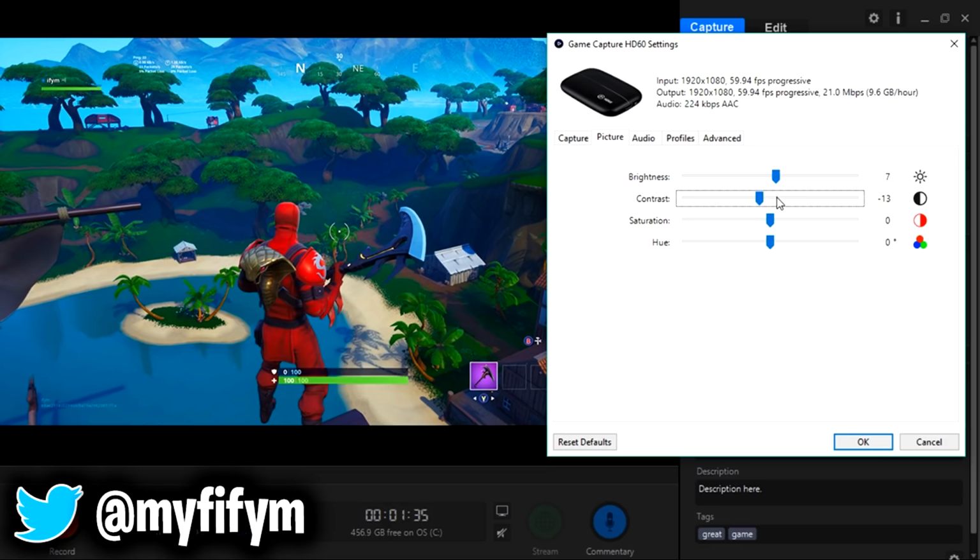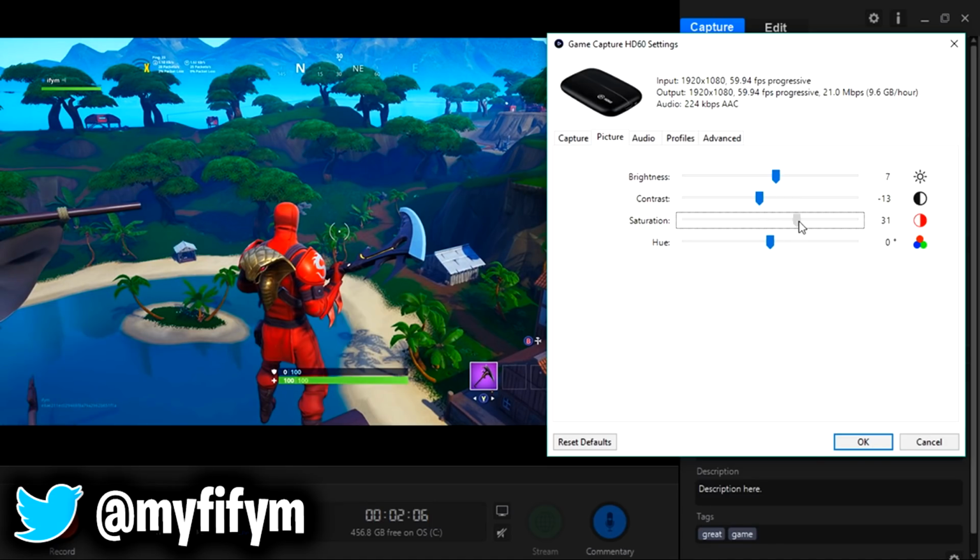And now finally, the one that really matters, this is the big one. This is the one that is going to make the biggest difference. You're going to want to go to saturation. Now saturation is going to make the colors pop. This is what's going to make all the colors super vibrant. Now this is all personal preference. I like to put mine on about 25, but you can see here as I slowly increase it, my character and just the entire picture